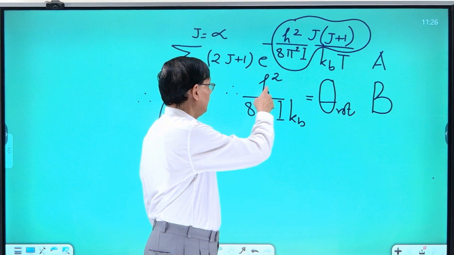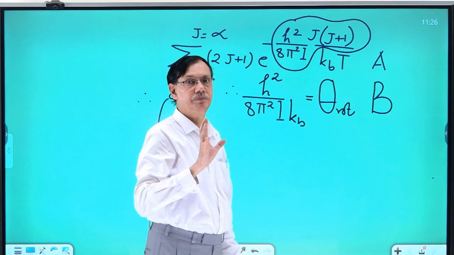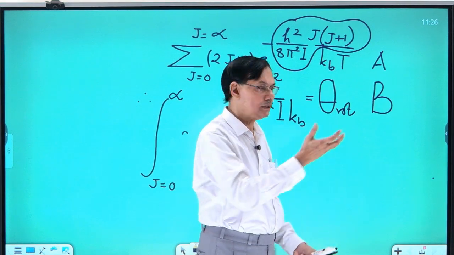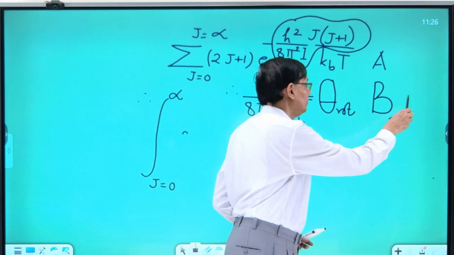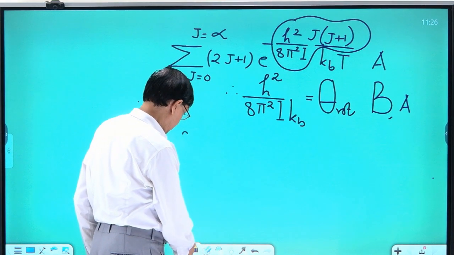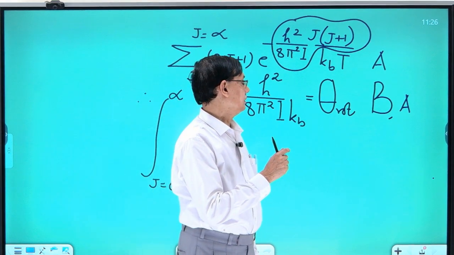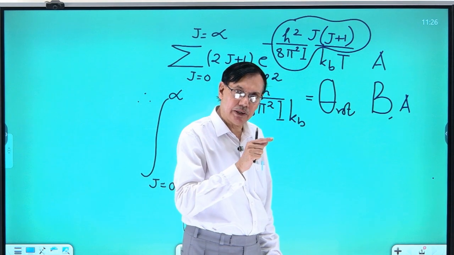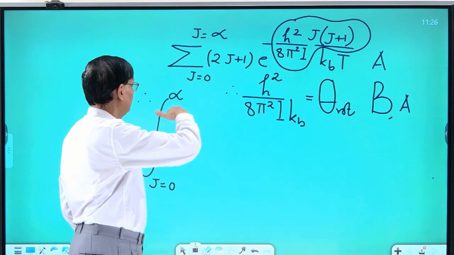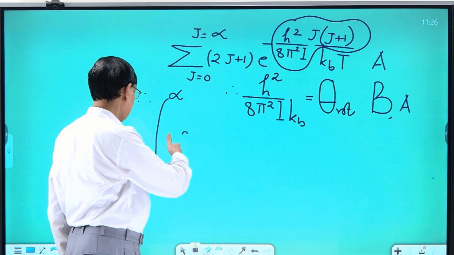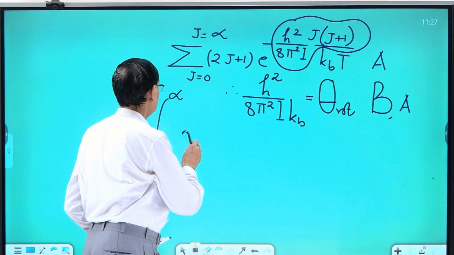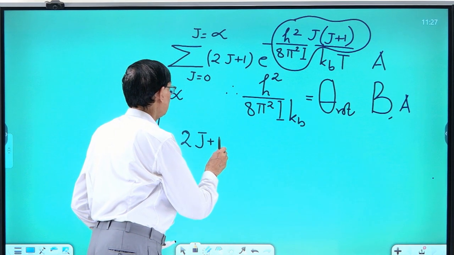Suppose this h square by 8 pi square I kb, I consider it a characteristic rotational temperature, or in some books it is written like b or a, whatever you want, you can write anything. Now, as I told you, if the value of characteristic rotational temperature divided by T is very low, that summation can be replaced by the integration. So, in place of summation I am using integration: 2j plus 1